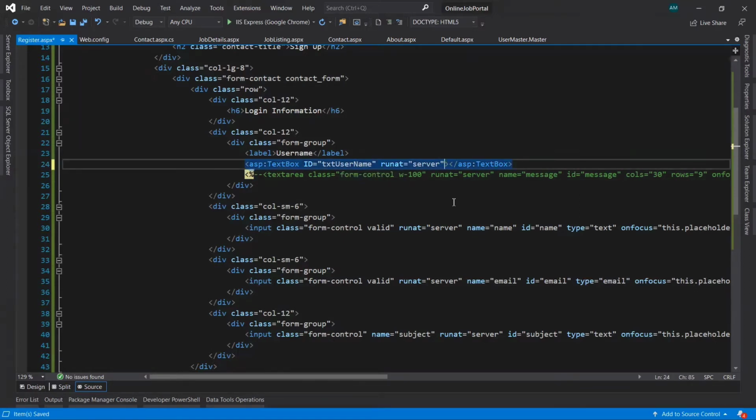Copy it, paste it in the CSS class, and we want to use a placeholder as well.